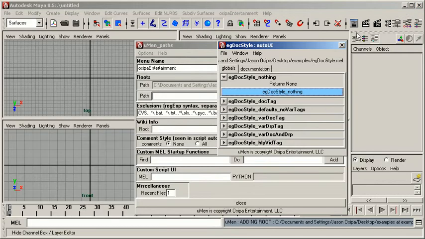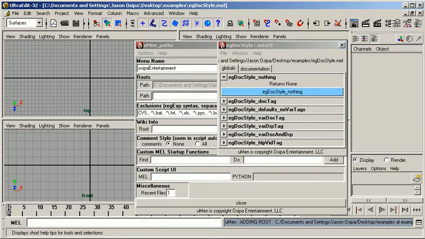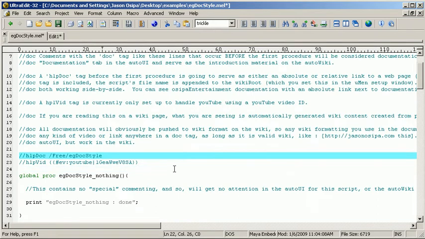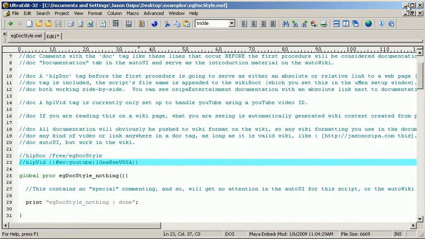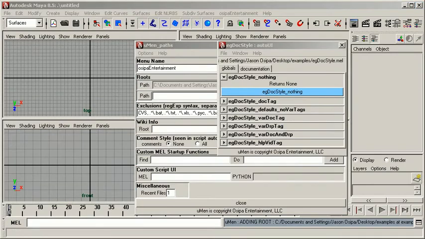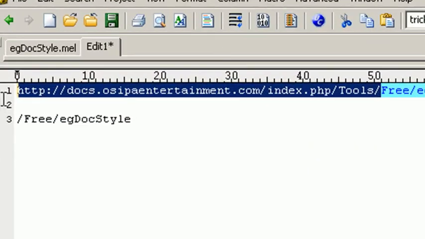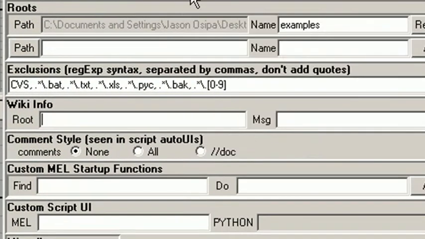Let's say that you do want to do stuff locally. You don't want to have long paths everywhere. Let's take this back to what it said before. So that we know will error out. It'll tell me I've got problems. But if I now go grab the wikiRoot, which is essentially everything before the word free there, copy that and paste that into my wiki info, my wikiRoot,